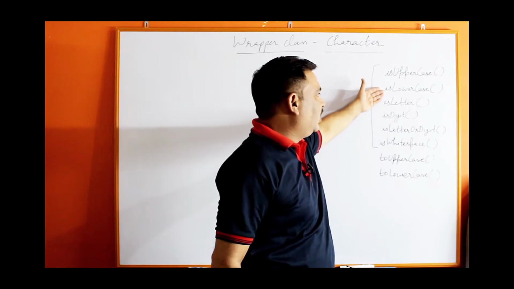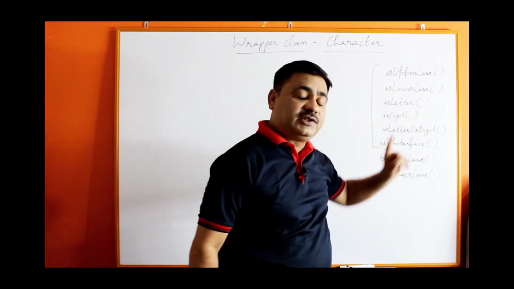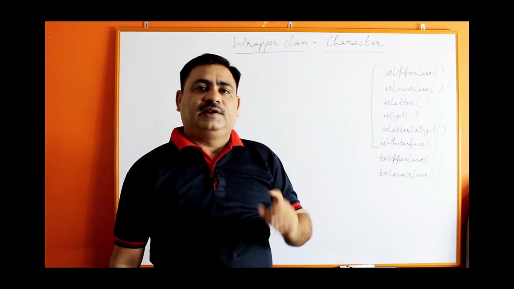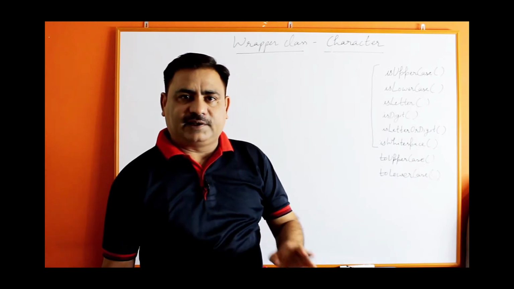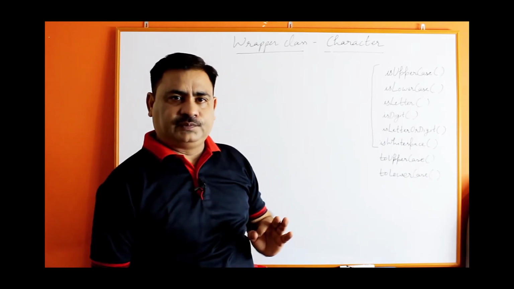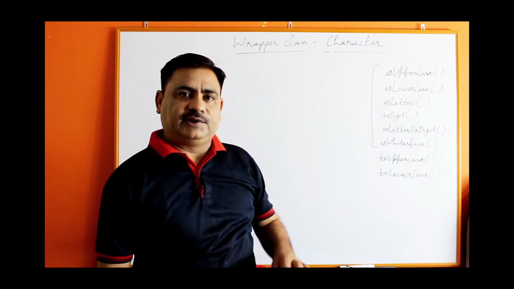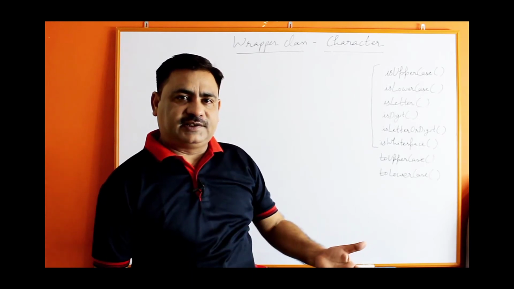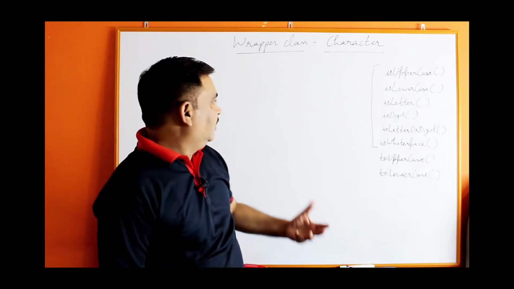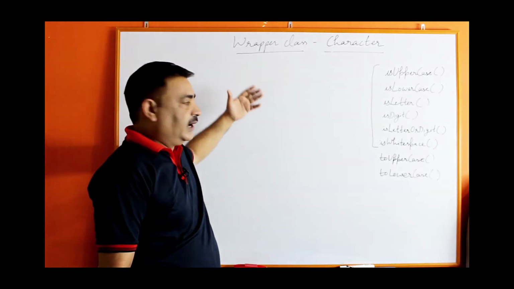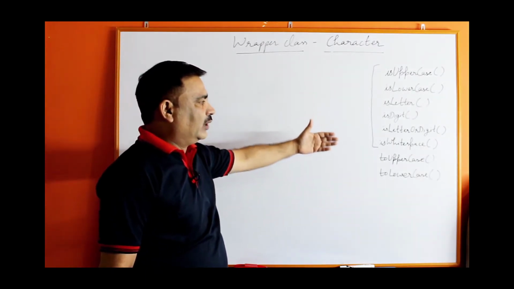In the same way, to check for a small letter there is isLowerCase. The isLetter function is used to check whether the character is an alphabet; then it will return true, either capital or small. Other than this, it will return false. Through a small segment of program, I am going to explain all these functions one by one.